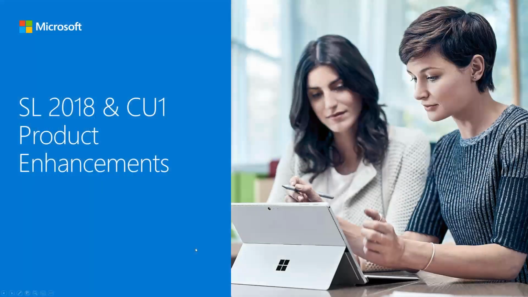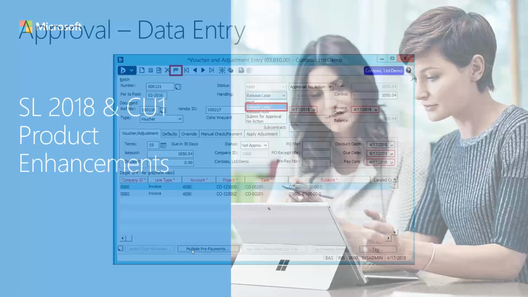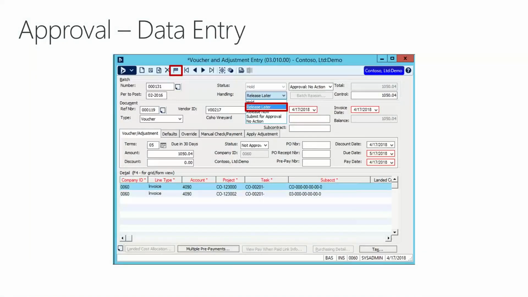All right, so let's go through the features. Some of these you've probably heard, but the big item that was added initially with SL 2018 was the ability to add approvals. Why approvals? Well, the idea is that we want to segregate duties. Dan is the manager of our payables. Jeff is the data entry person, and we want to be able to split this up so that Jeff can do his data entry, but Dan can get a chance to review and approve the items before they actually get